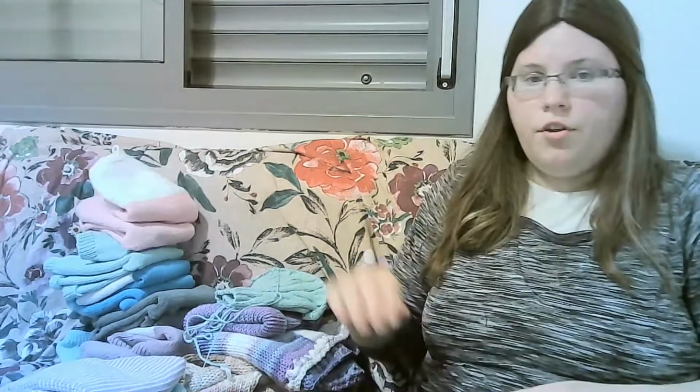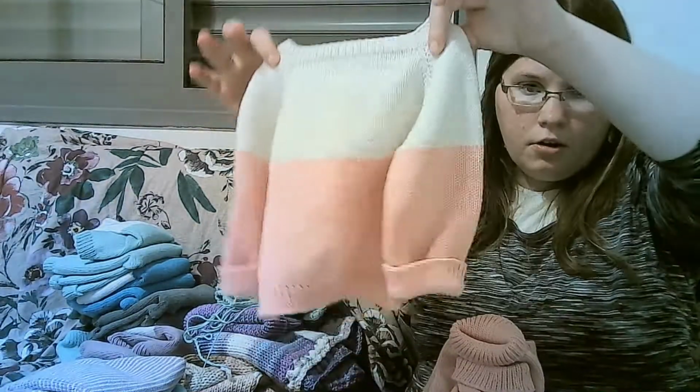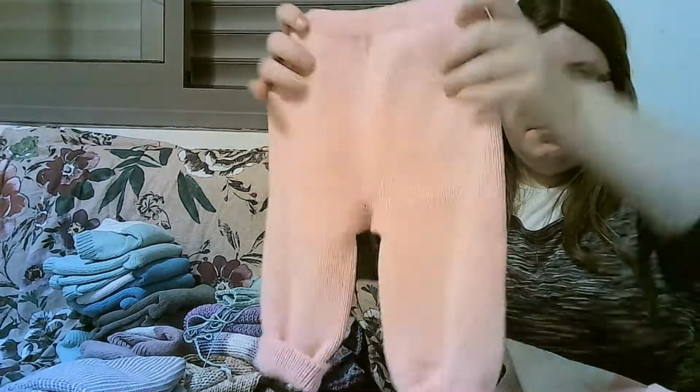Now recently I'm working on starting a small local business of selling hand knitted baby clothing. So for the past few weeks I've been working on starting to make clothing and get a stock together, and then hopefully start selling them. So first I made a bunch of these baby sets of a sweater and pants, a little set for a baby,